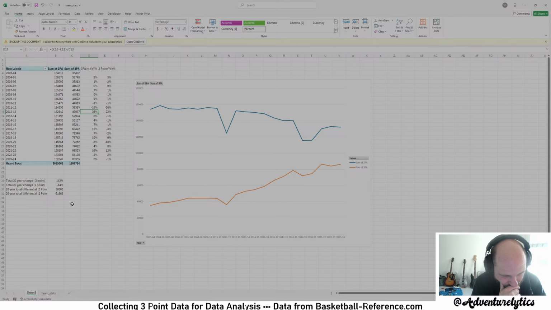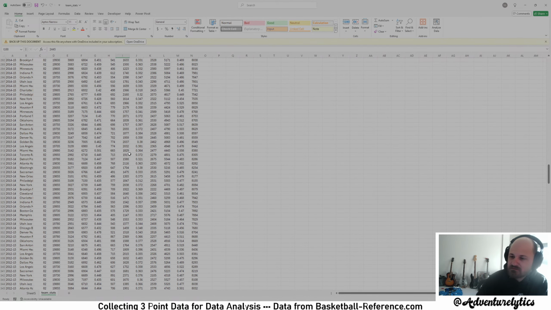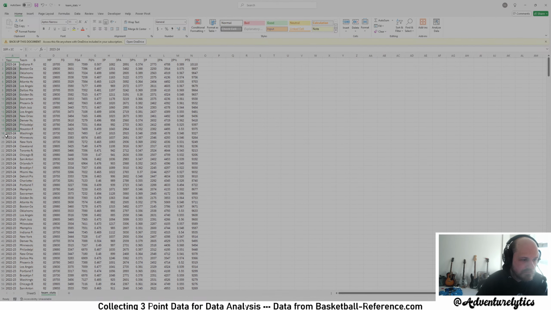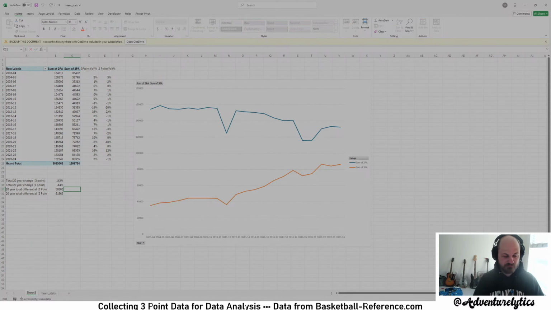50,000 3-point attempts. Divided among how many teams? How many teams are there? 30? 32? 30. How much is that per team? 1,500 extra shots they're taking.